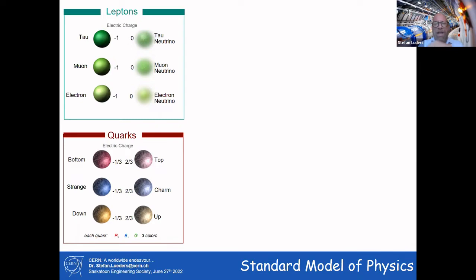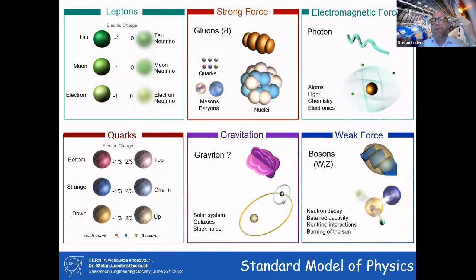12 of them are there in total, plus 4 different forces. The force which is very familiar to you is gravitation. We will not talk about gravitation today, but gravitation is one of the forces which keeps the Earth together. The other force which you know is the photon, the electromagnetic force. This gives you electricity, magnetic fields. Then there's the weak force, which gives you radiation, radioactivity. Might not be too fancy, but still this exists.